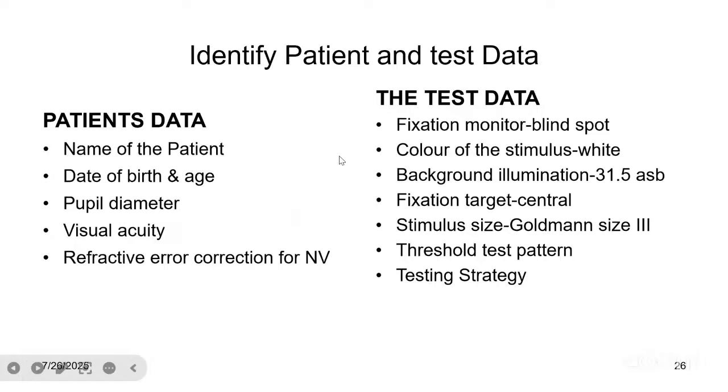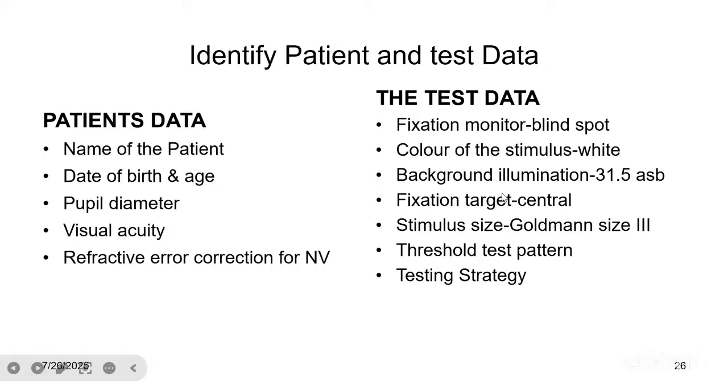It's usually advisable to use the place provided to slot in the near correction of the patient, because if they use their glasses, sometimes you can have a rim scotoma, where the rim of the glasses, depending on how thick it is, can block some points that the patient will not be able to identify, and that will give a